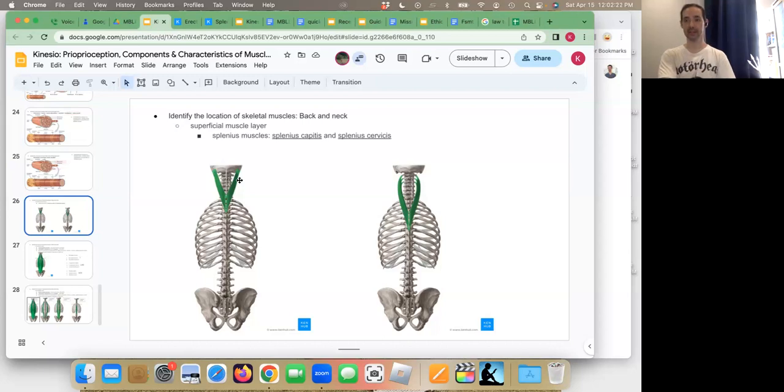It does bilaterally, like all of them, if you contract both sides, it does extension. So does the splenius cervicis, which attaches to the cervical spine: cervicis, cervical spine; capitis, cap, or head. Both of them do extension. Both of them, when you contract just one side, will do lateral flexion to that side. The splenius capitis, you can see because it attaches to the skull, also does some torsion to the same side. But